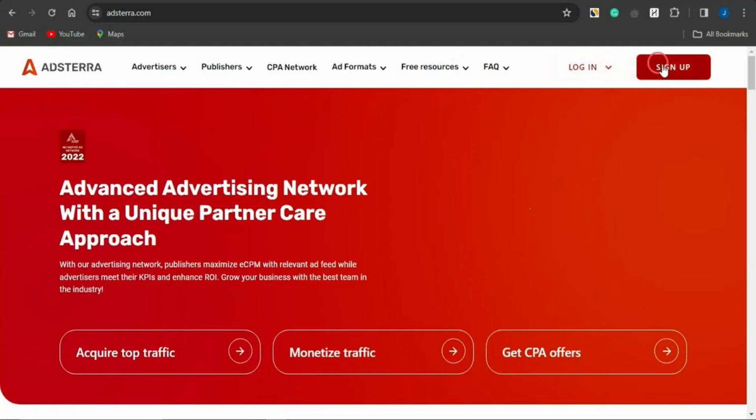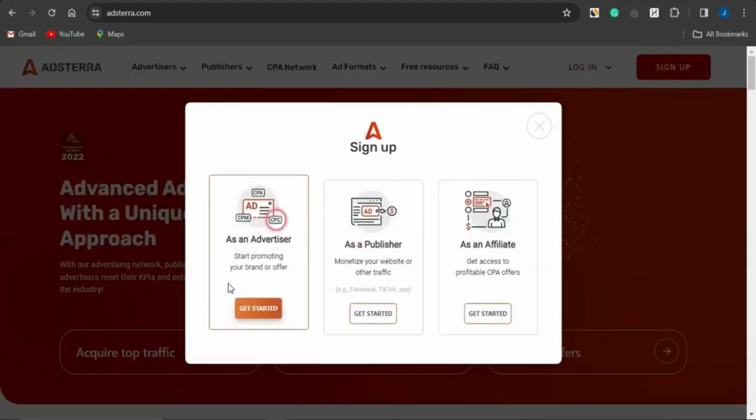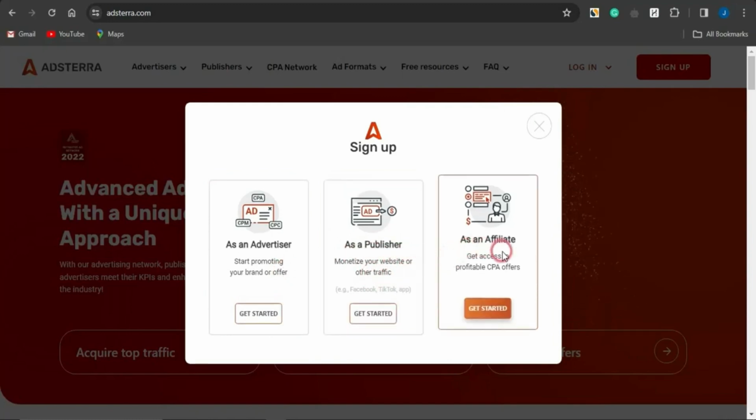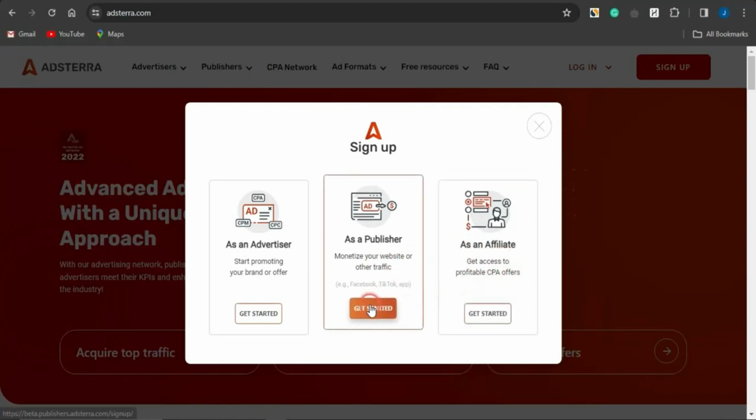And if you come right here, if you click on sign up, you can see that you could sign up as an advertiser, if you want to start promoting your brand or your offer. You could sign up as a publisher if you want to monetize your traffic or other traffic. And you could sign up as an affiliate if you want to gain access to profitable CPA offers. So, right now, it's important that you sign up as a publisher. Click on Get Started, follow the necessary procedures that you will be shown, and just simply create an account on